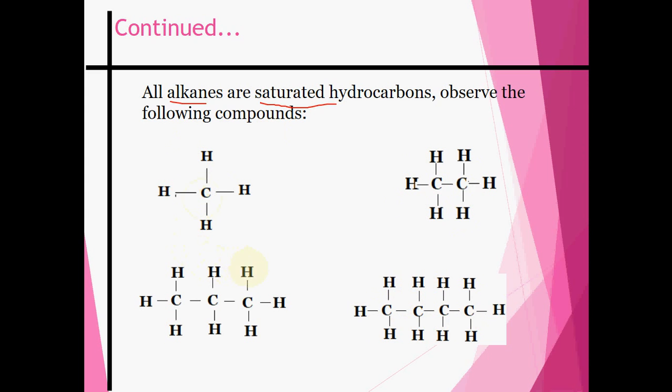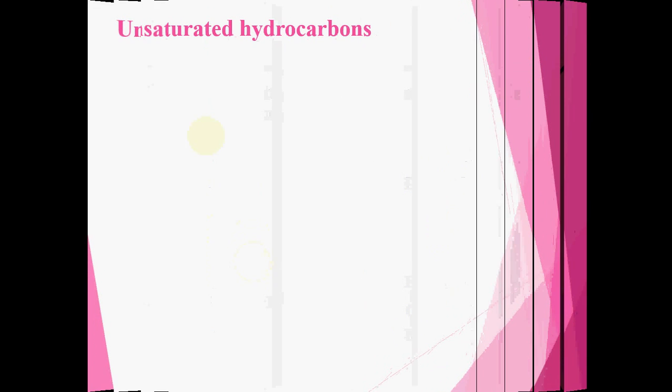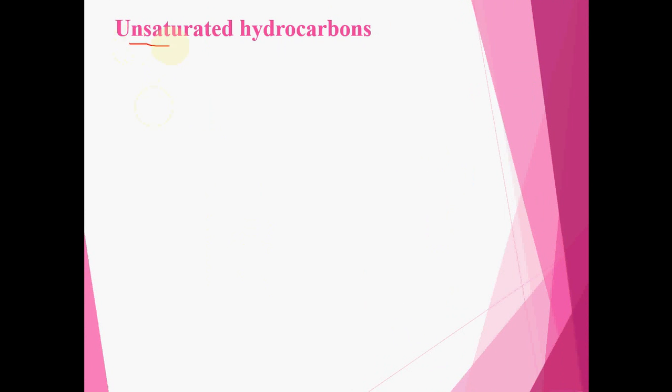Now, on the other end, we have unsaturated hydrocarbons. Now, what differentiates saturated hydrocarbons from unsaturated hydrocarbons? It's a single fact that the same carbon, which we said has 4 valence electrons. If it has 4 valence electrons, it simply means it needs 4 electrons or 4 bonds to be stable,